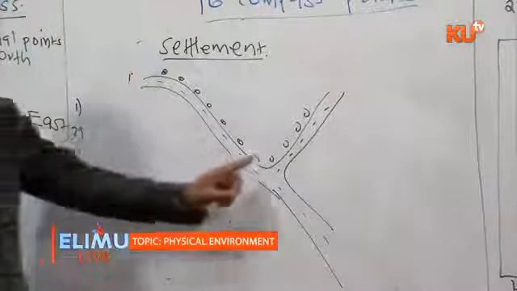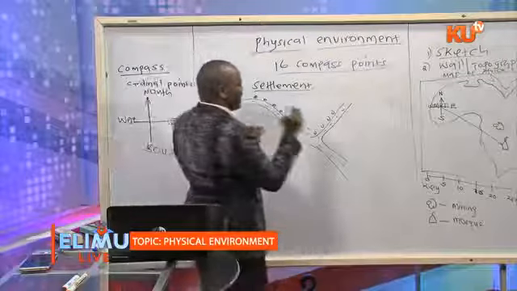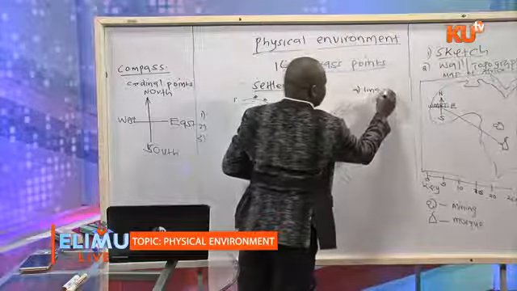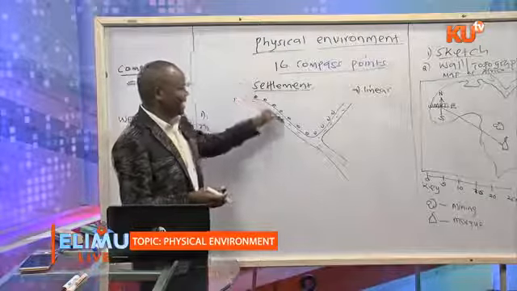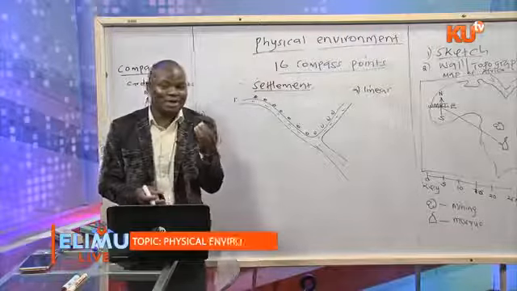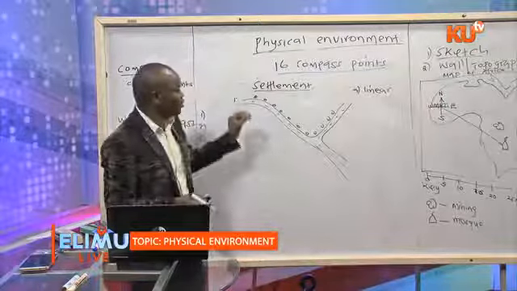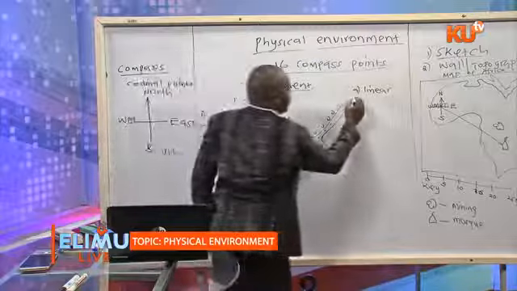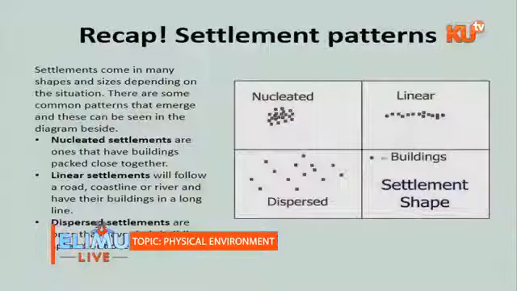When you find such types of population distribution, it is called linear. Linear. Why? Because it is found on a line along the road. So the settlements are mostly shown by the dots, whether they can be squared dots, and those dots are the indication that there is settlement. Then B, another type of settlement that you'll have to come across,